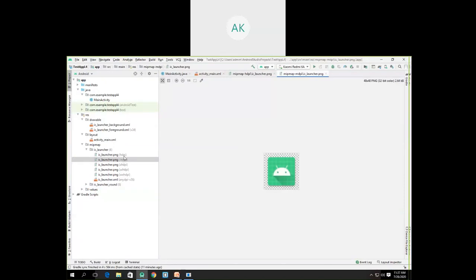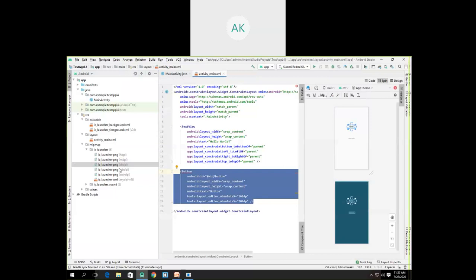HDPI is the icon which will be automatically used for smaller screen size devices. If your screen size is medium, it will automatically switch to this particular PNG. If your device size is higher than that, it will switch to this PNG. So depending upon your device screen size, it will automatically switch the icon of the app.